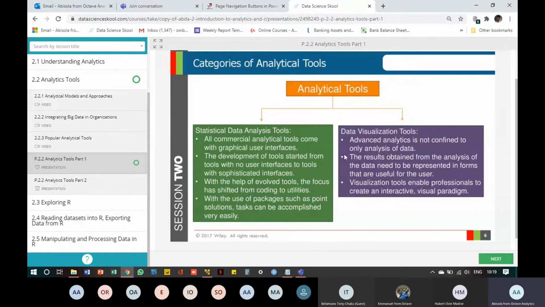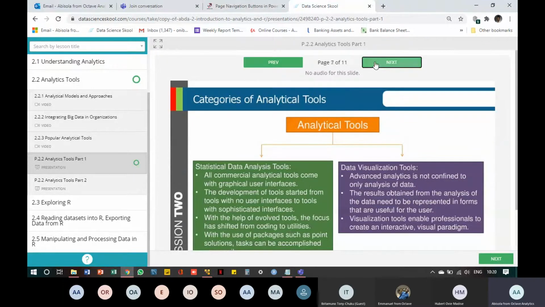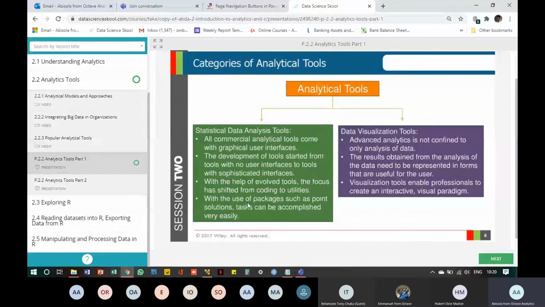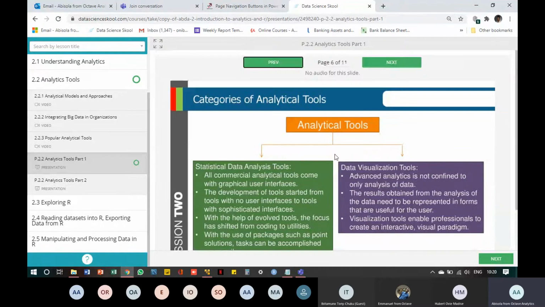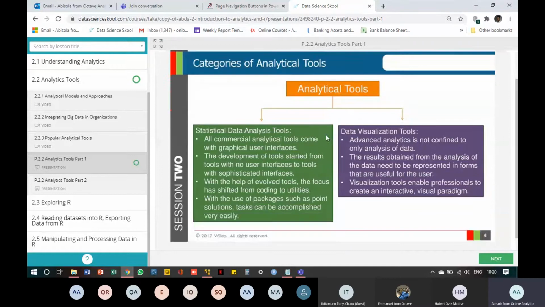And then, okay, so I would like to talk about point solutions. It's like developing analytical, I don't know if it's in this slide. I think I went through this slide already, but then I'm not sure. So let me just talk about it. Point solutions is a key concept that I would like us to understand because I might refer back to it later in this class. So let's just go into categories of analytical tools since I have what I wanted to mention. So I'll just mention it as we move on.